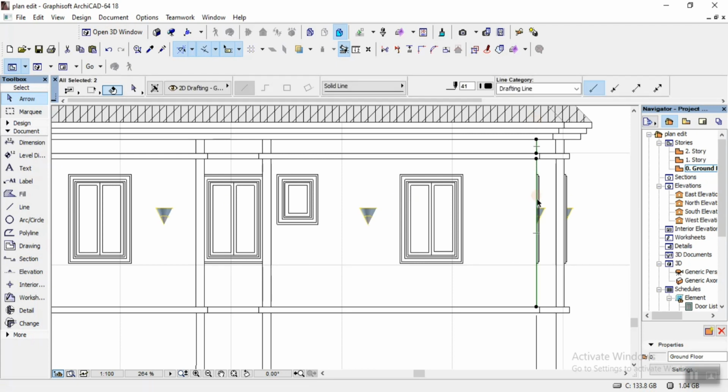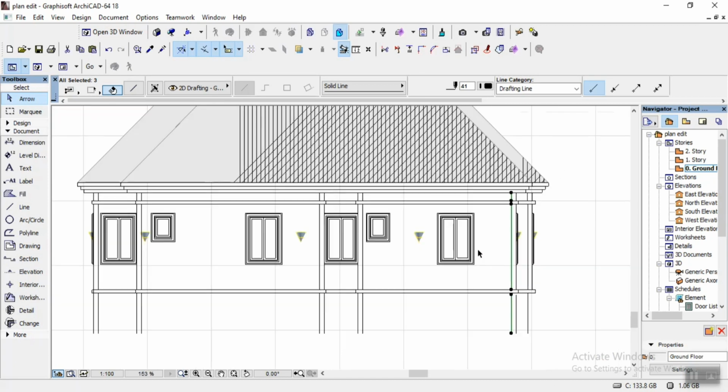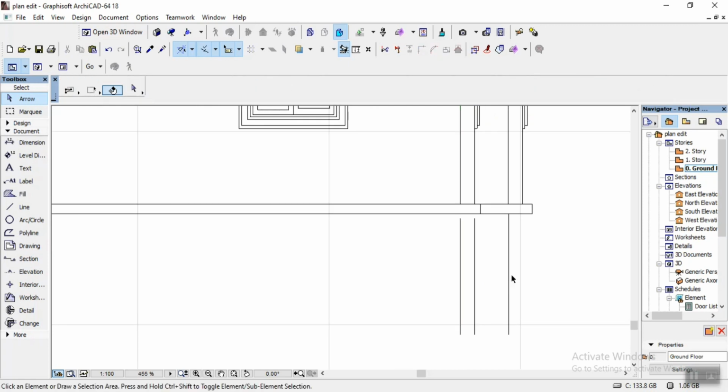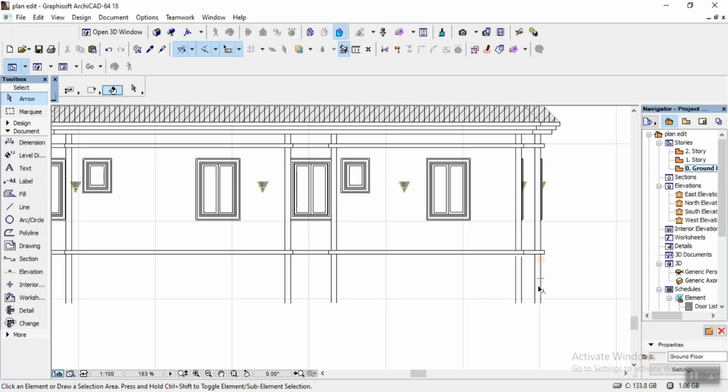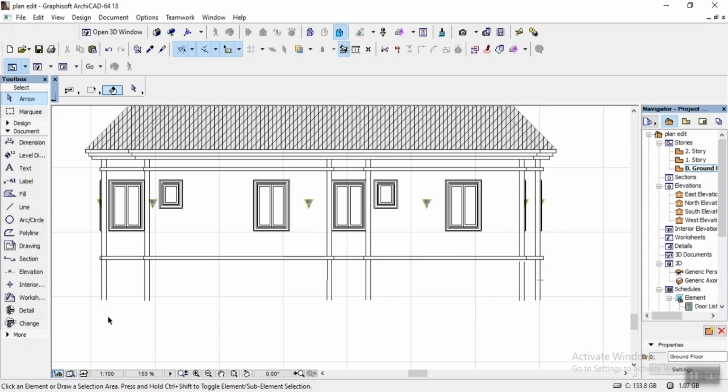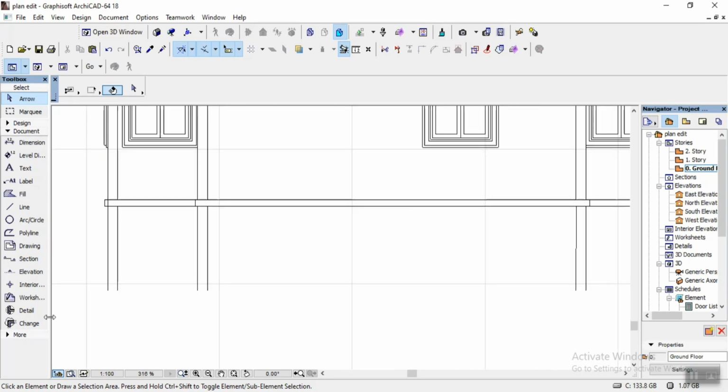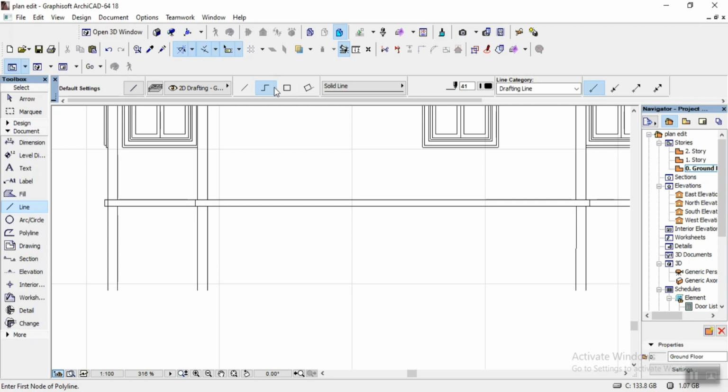150 millimeter. Likewise, offset backward 150 millimeter. Okay, then here 150 millimeter. Okay, so now the next thing I'm going to do here is take a line tool and take a rectangular one,